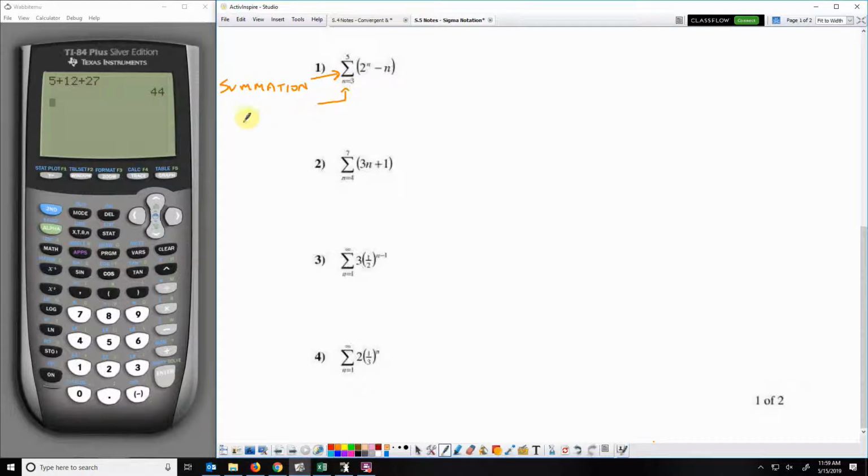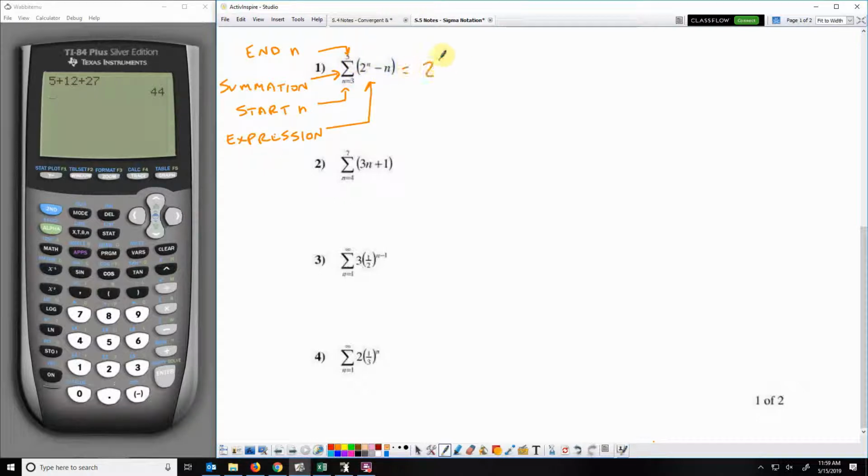Right there is the starting n value. There is the ending n value. And this is an expression for a sequence. So what all that means is we are going to find the sum of terms 3 through 5 for this